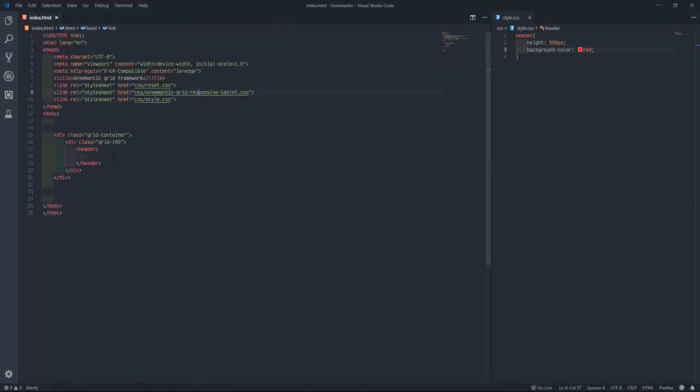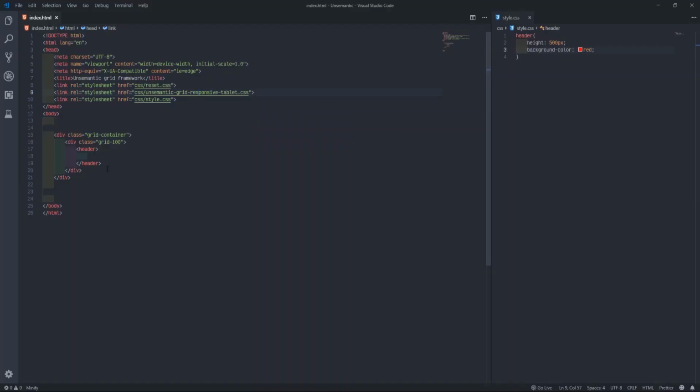When I say grid 100, it means only one single grid is defined. Only one single grid is what I want. So if I want to divide it, maybe 50-50, equal parts, what I'll do is come here and instead of 100, change it to 50. I'll refresh. You see, it divides: here 50, here 50.